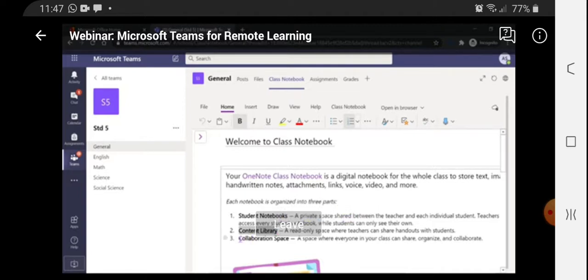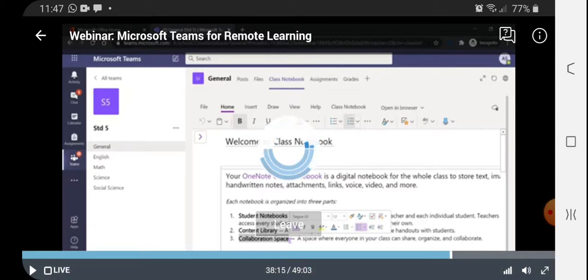Third is collaboration space. Collaboration space is a space where you can conduct activities simultaneously together with your students. For example, the best example for collaboration,